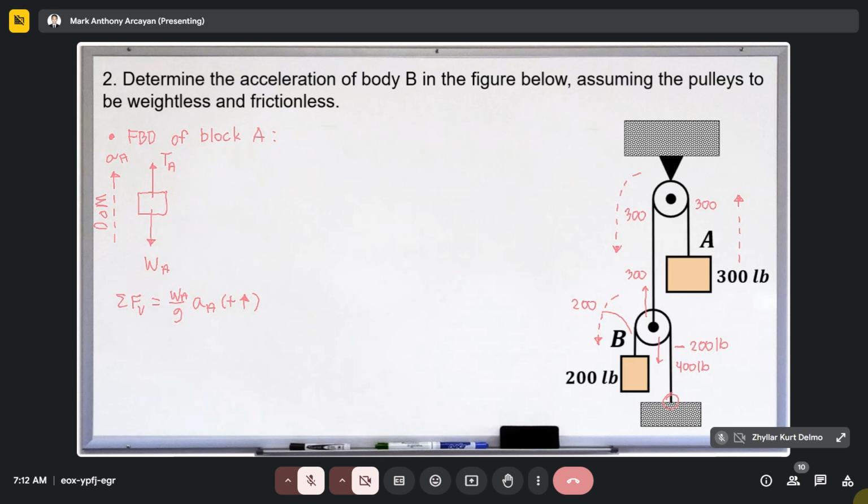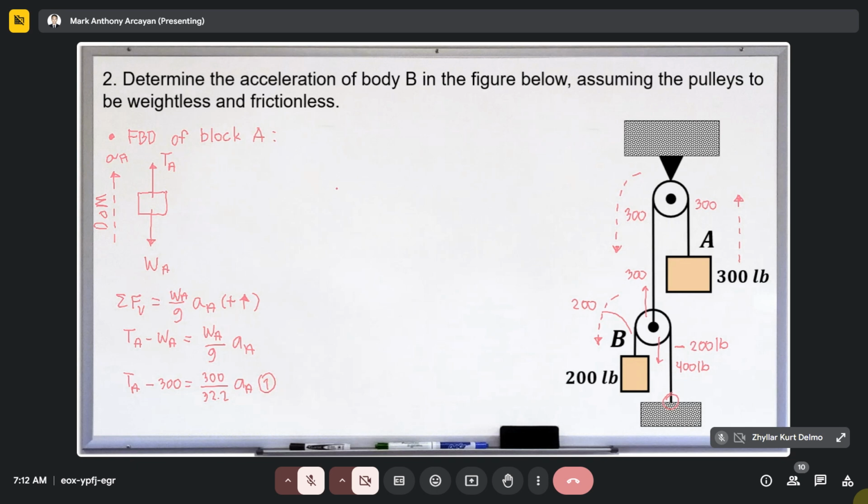We have the tension at A and its weight. Therefore, we're going to subtract these two because they have opposite direction. TA minus weight of block A is equal to its mass times the acceleration. Take note that TA is unknown, and the weights are given. Now, the weight as well as g, we're going to plug in the values. Weight of A is 300, so this is TA minus 300 is equal to 300 over 32.2 times the acceleration. This would be our equation 1.